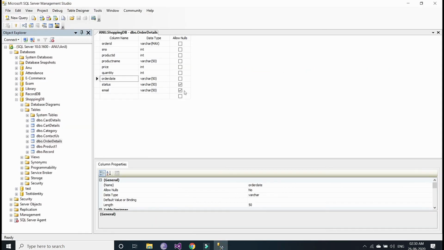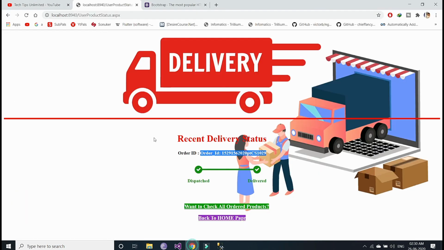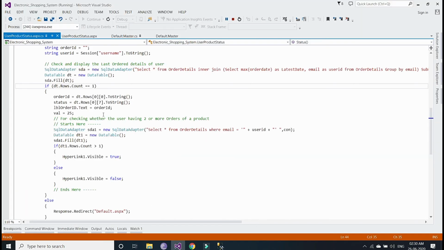If you look here, this is the 0 index, that is the order ID. This is 1, 2, 3, 4, 5, 6, 7. The status is at the 7 index. So for the status, we have to provide index 7, and at index 7 we get the value of status.